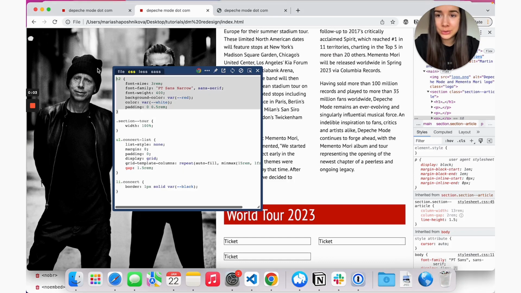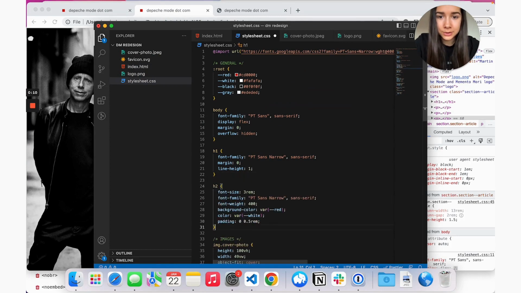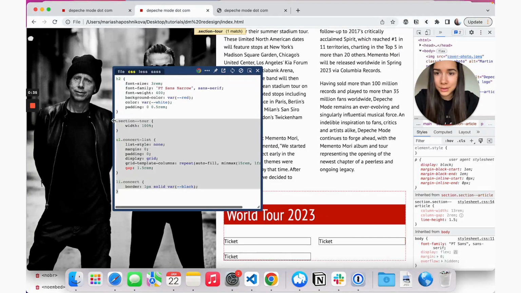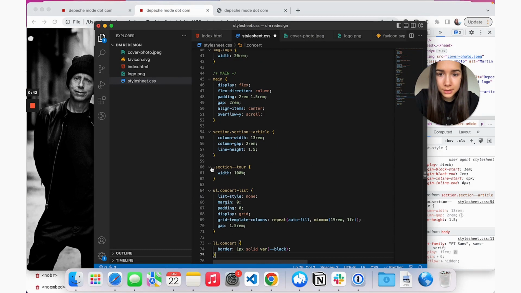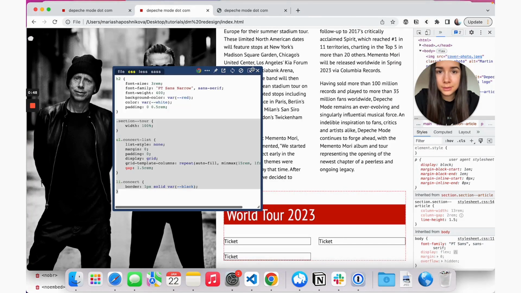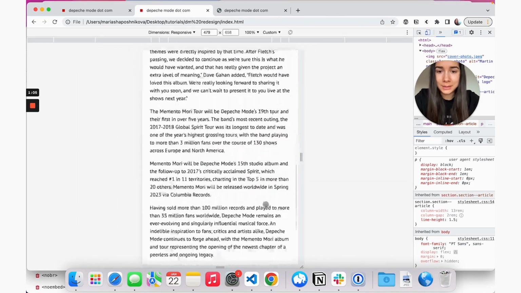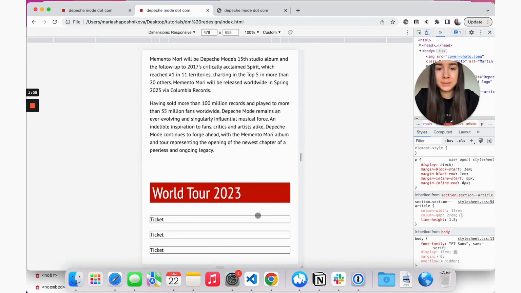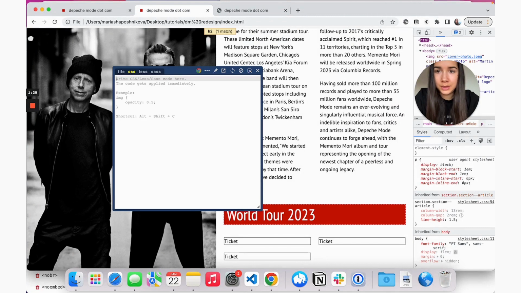So now we're just going to take our code and move it to our CSS file. So H2 is going to go right under H1. And then our tour stuff is going to go, just bring it down here. We'll make this section and then save. And now we have all our stuff here. And then as you enter responsive mode, you can see that once there is not enough space to have 2 columns of tickets, each at least 15 rems wide, it just collapses and goes to 1 column. Let's exit that. And we don't need this stuff anymore.